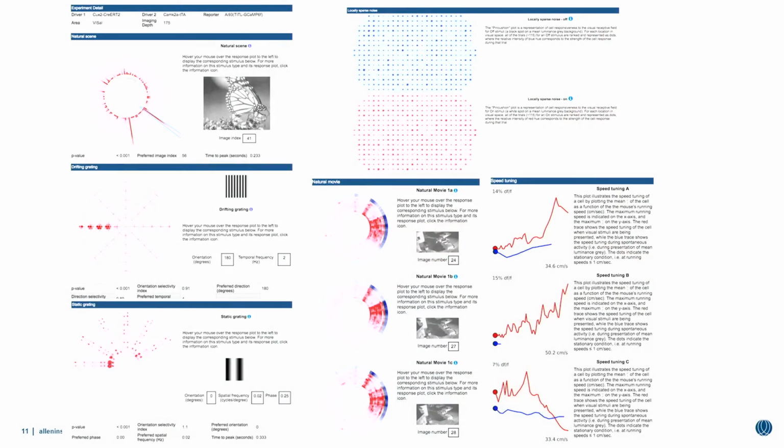So this is an example of a cell that has strong orientation tuning and direction tuning, where it really likes motion that moves to the left. Its response to static gratings is consistent, in that it has a strong preference for vertically oriented bars. And one interesting thing in this cell that we see is that it has a really reliable response to the